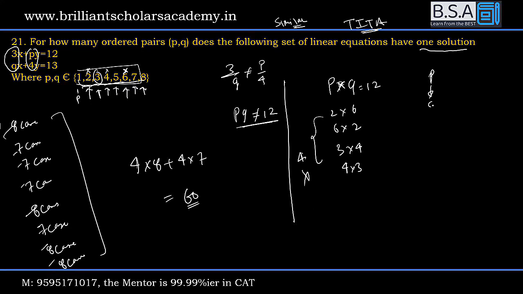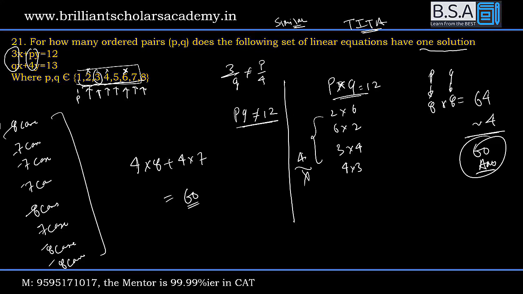P, there are 8 possibilities. Q, there are 8 possibilities. Total possibilities are 64. Out of these 64, ये 4 को हमें कैंसल करना है, नेगेट करना है. There are 60 possibilities जहां पर ये दोनों इक्वल नहीं होंगे. I feel negation वाला